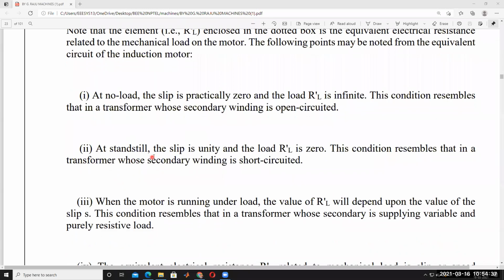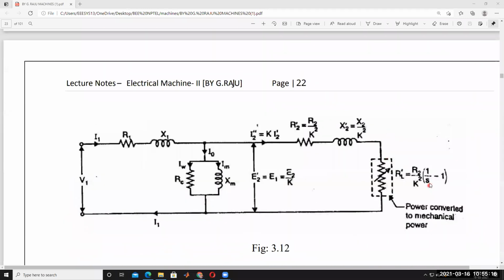At standstill, the slip is unity. Standstill means the starting condition. Unity means the rotor speed is equal to 0. Then slip is equal to ns minus nr divided by ns. Then nr is equal to 0, so ns by ns, am I right or not? That is equal to 1. The slip is equal to 1 at starting. That means at standstill, the slip is unity and the load RL dash is 0. Substitute slip equal to 1 here, and then it will become